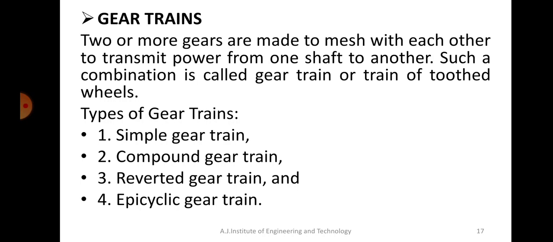Okay. Now what is a compound gear train? Compound gear train means there is more than one gear on a single shaft. In the previous example, A is connected to one shaft, B is connected to another shaft, and C is connected to another shaft. So on each shaft there is one gear. A is meshing with B, B is meshing with C. If it is a compound gear train, I will have gear A on one shaft, and there may be gear B and gear C, two gears on one shaft only. Then it becomes a compound gear.